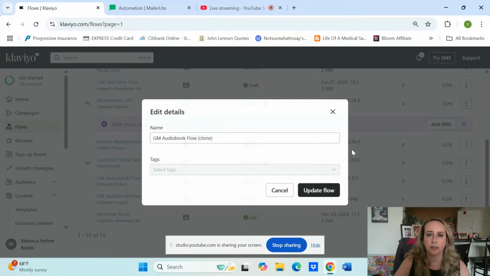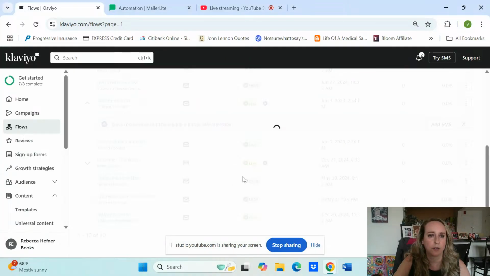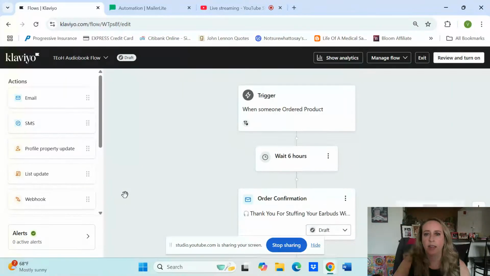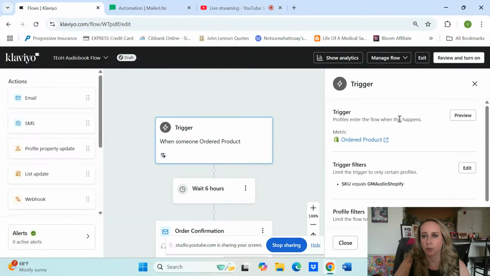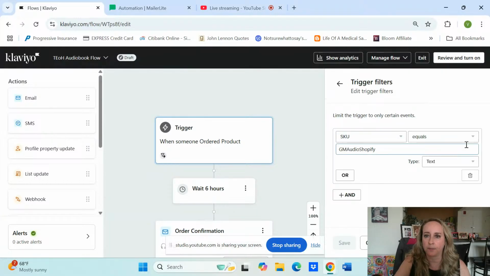Edit details. So this is going to be the End of Hatred audiobook flow. That's my freebie on my store. Update flow. Okay. So I'm going to go in here. And the way I'm going to have this set up is the trigger is when someone orders the product. And the product that I want them to order is,